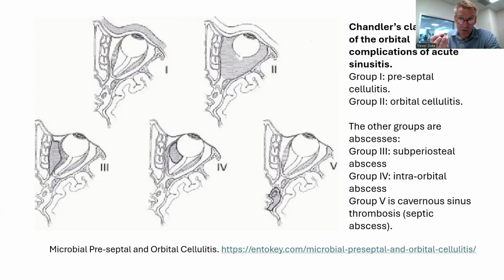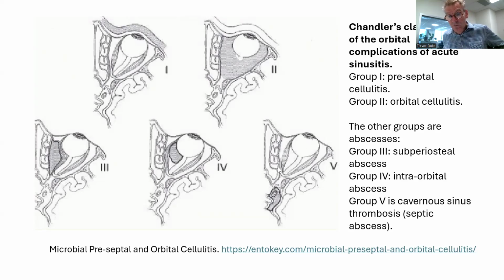skull base, where the cavernous sinus is. And the cavernous sinus is like a vein that drains the brain. Blood drains into the cavernous sinus, and cavernous sinus thrombosis is a form of septic abscess that occurs within a vein. And if a child gets a cavernous sinus thrombosis, then they're at great risk of stroke from that. And so